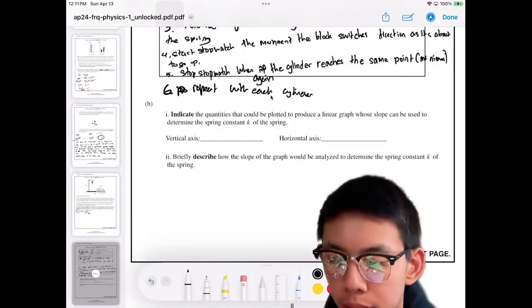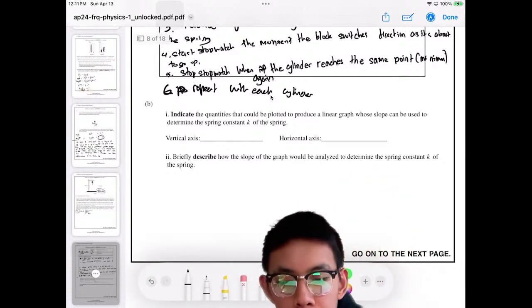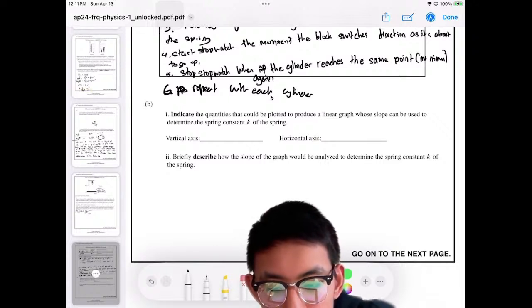Okay, B1. Indicate the quantities that could be plotted to produce a linear graph whose slope can be used